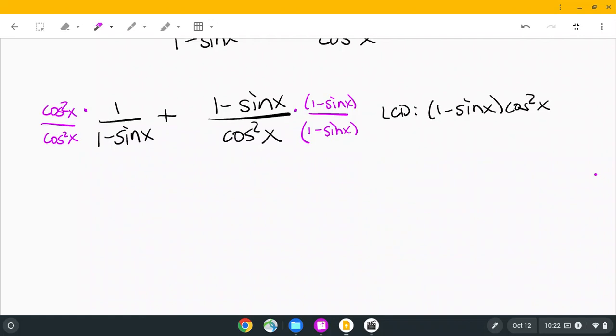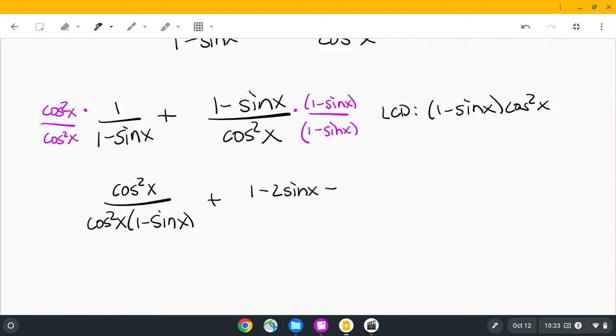Let's multiply these out and see what we get. We get cosine squared x over cosine squared x times 1 minus sine x. Over here, I'm going to multiply these out. So I get 1 minus 2 sine x plus sine squared x, all over